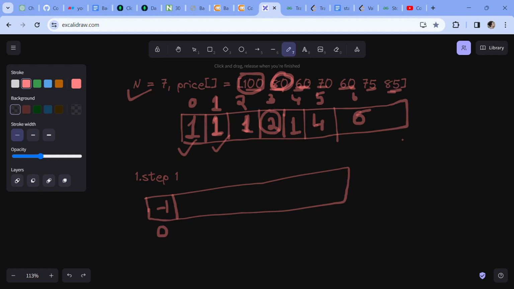and for 80 also there is no element less than 80, so we will return -1. So let me check if I am doing it wrong or right. Okay,